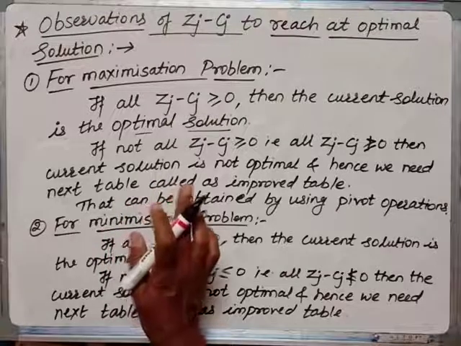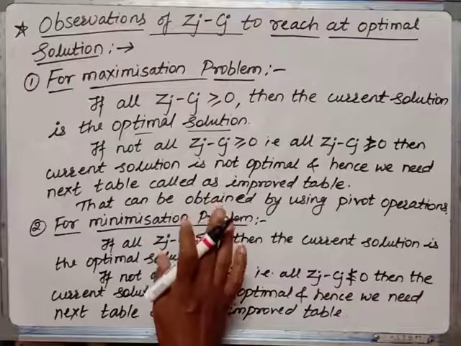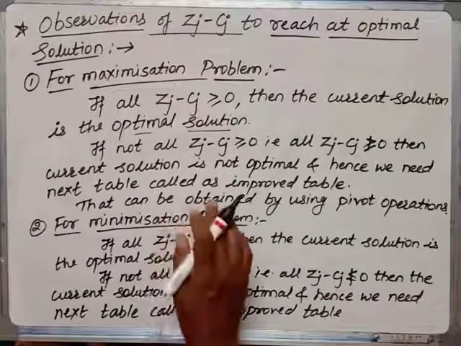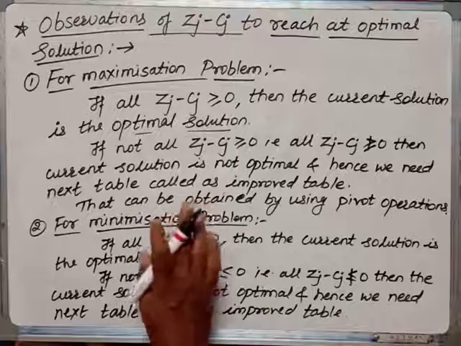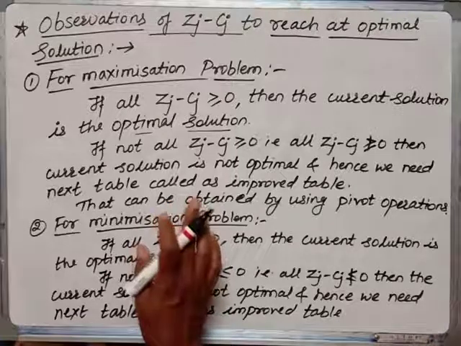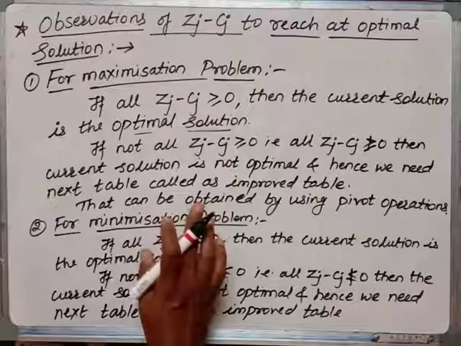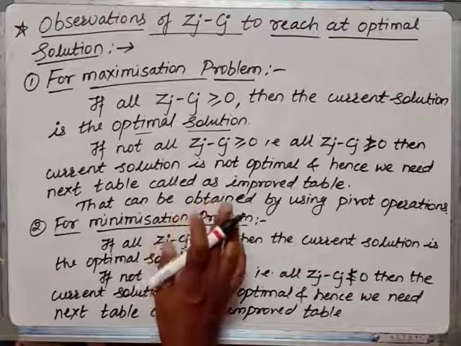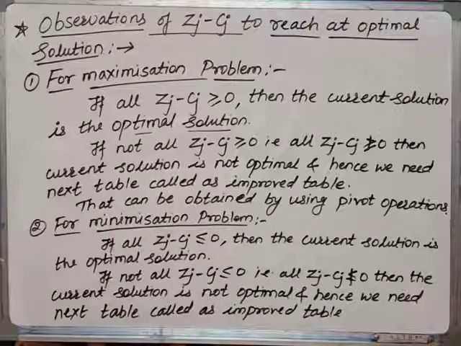So in the next video, we will see the problems on this simplex method, one by one. First, we will see the unique solution case, type 1. In that one, we will see some problems of the type maximization with less than or equal to constraints only. And then the next things.